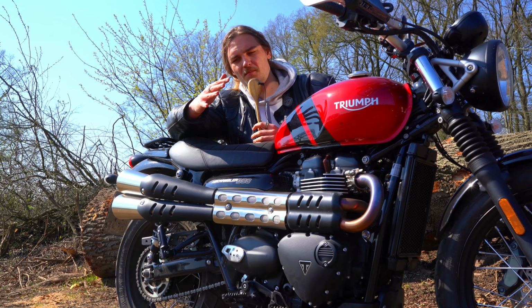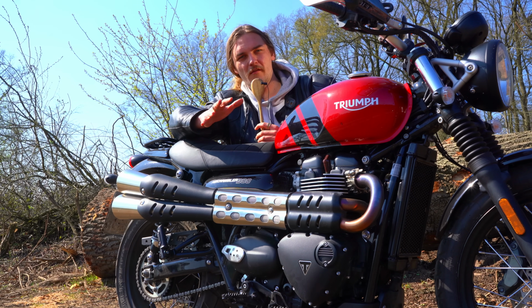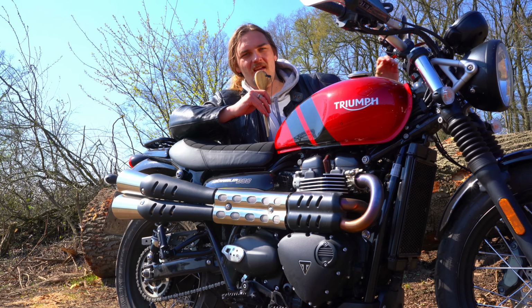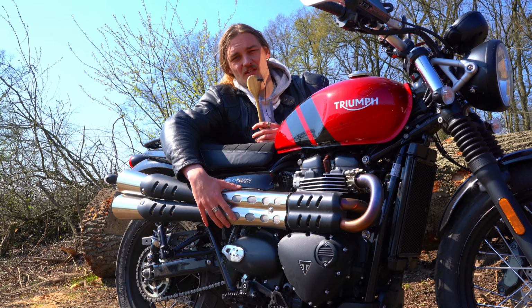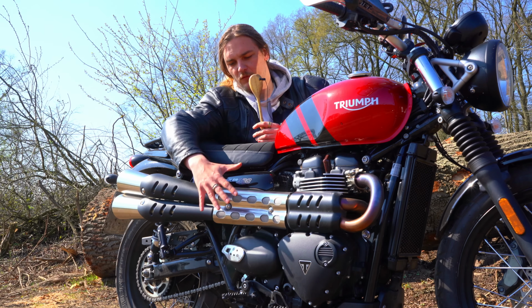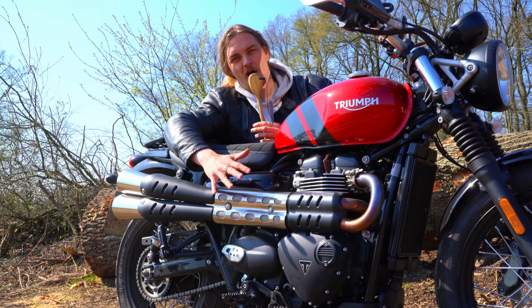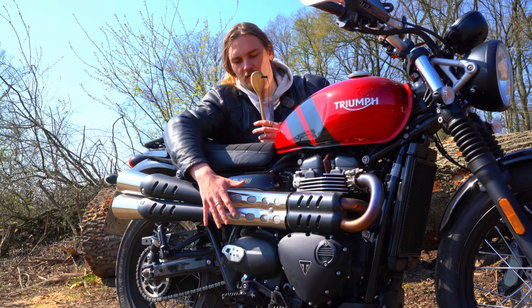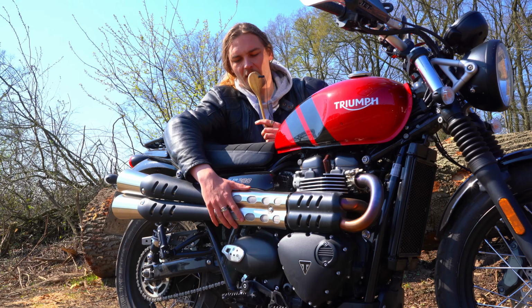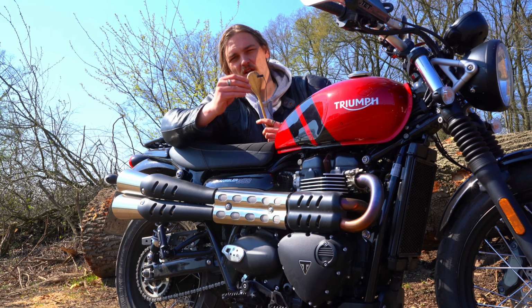Now, after having taken the bike off the beaten path and having experienced how it handles on the one or other fire road, I have to say, really the star of the show on this motorcycle is this exhaust. I just complained about it pressing into my calf when standing on the motorcycle, but any other complaints about the thing getting hot or anything, I tried to get it hot basically while standing and having my leg pressed on it, and it doesn't happen. My only complaint about it is that it presses into my calf. But just the looks of it. It is